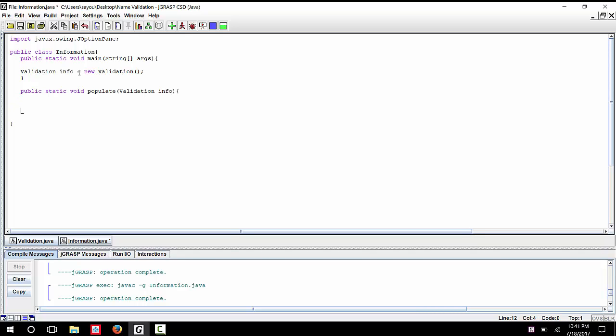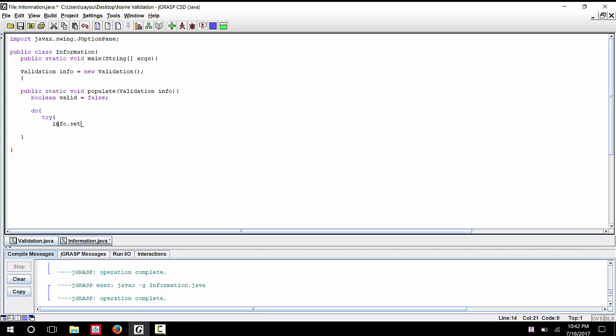And then open bracket, close that up, and I'm gonna make a boolean, just call it valid. I'm gonna make the boolean false, and then I'm gonna do try, and I'm gonna do okay. So I'm gonna try asking the user for something. So I'm gonna try info